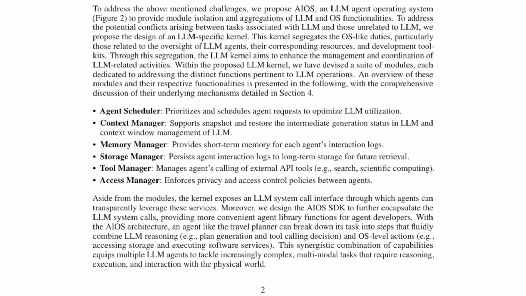Tool Manager manages agents' calling of external API tools, for example, search, scientific computing. Access Manager enforces privacy and access control policies between agents. Aside from the modules, the kernel exposes an LLM system call interface through which agents can transparently leverage these services. Moreover, we designed the AIOS SDK to further encapsulate the LLM system calls, providing more convenient agent library functions for